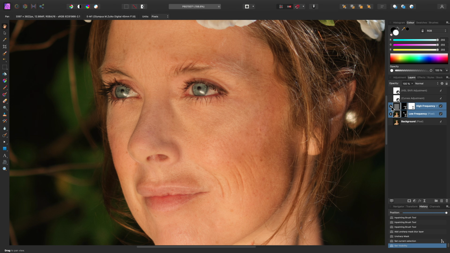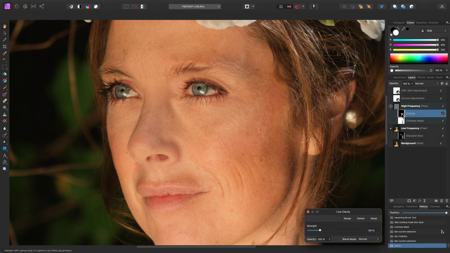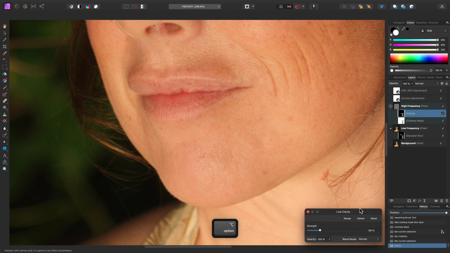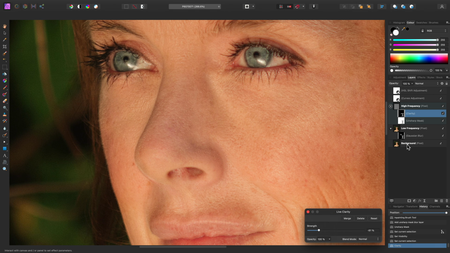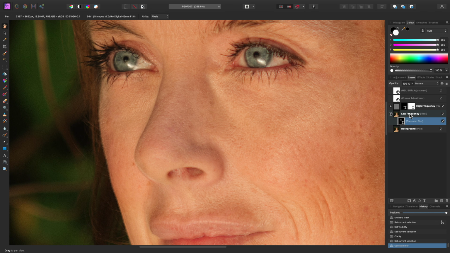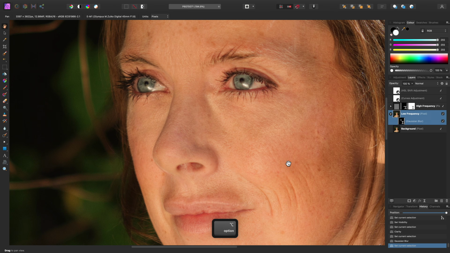And because we've used non-destructive filter effects, you can always go back into these and change the parameters, like with the clarity filter here, or with the Gaussian blur here. I can reevaluate the smoothing of the shadow detail here. Also remember that you can add layers in between your frequency layers. For example, if you wanted to do some non-destructive brightening and darkening of tonal areas, you could add an empty